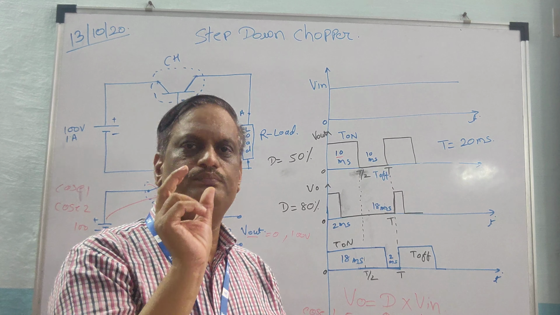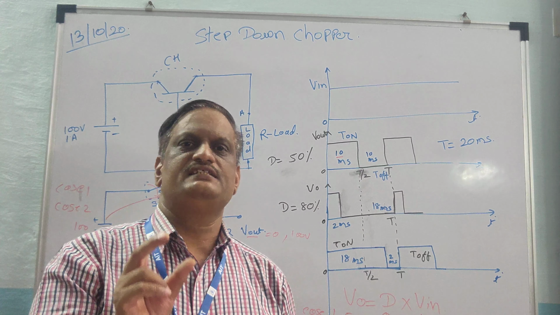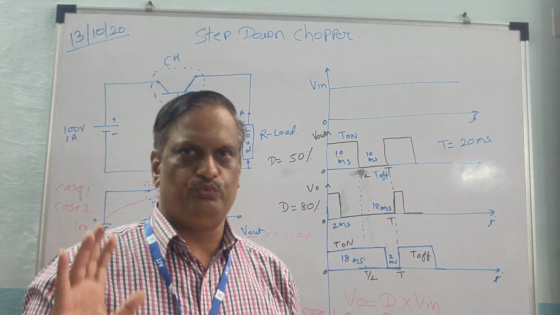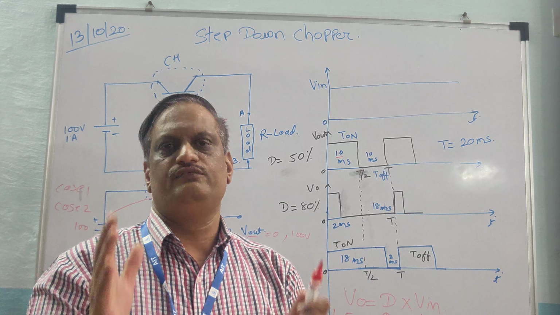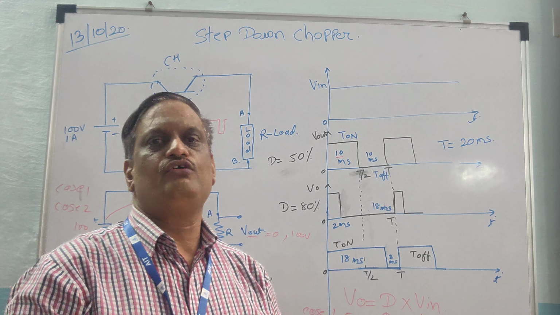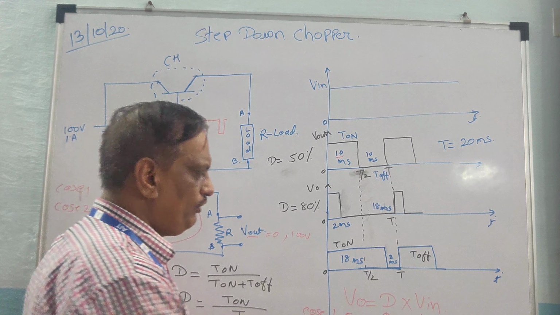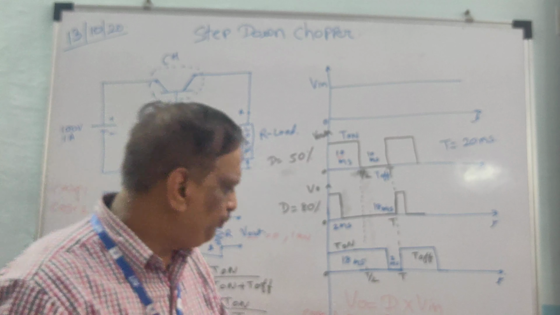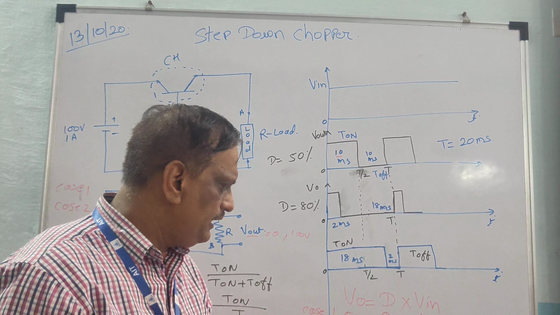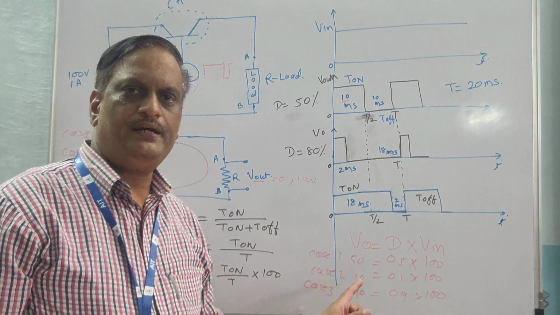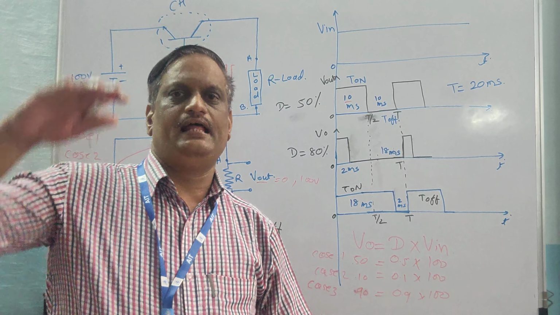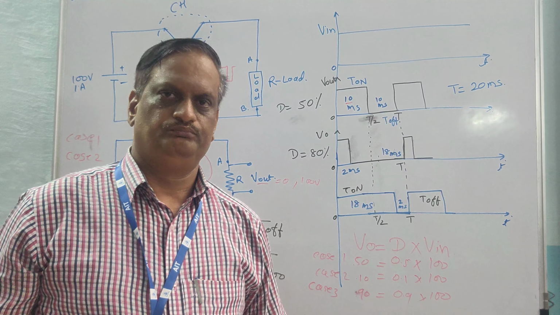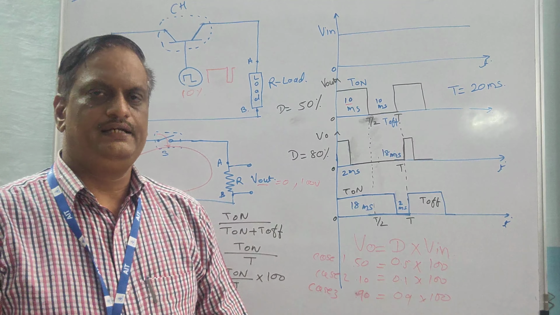For the duration of time for which my transistor is on, for that duration only my input will be delivered to the output, and depending upon that the output voltage will be generated. That is the meaning of studying the chopper. What is our observation? My input is 100 volt, and my output is 50 volt, 10 volt or 90 volt depending upon my duty cycle. The output is less than the input voltage, so we come to the conclusion that it is a step down chopper.